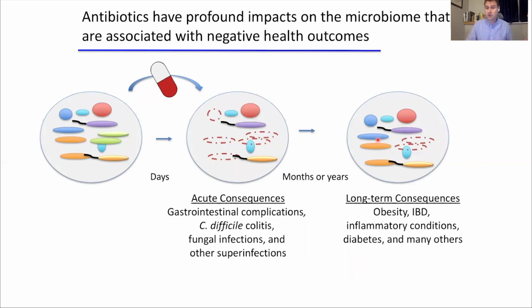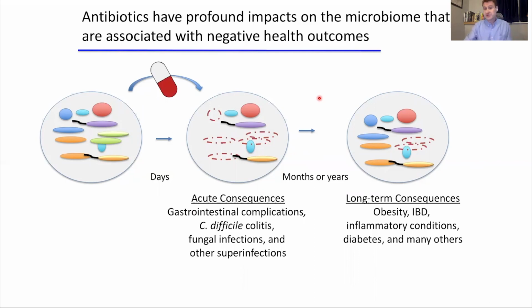A lot of work has already looked at how antibiotics impact the microbiome, and we know that during antibiotic administration, there's a dramatic change in the bacteria found in the microbiome. Antibiotics cause extinctions and disruptions, causing most bacteria to disappear and some bacteria to bloom. Essentially, a really dramatic rearrangement of the composition. This is associated with many acute consequences of antibiotics. Many of us have probably encountered some gastrointestinal discomfort, but also things like C. diff, fungal infections, and other superinfections are considered the acute consequences of antibiotic therapy.